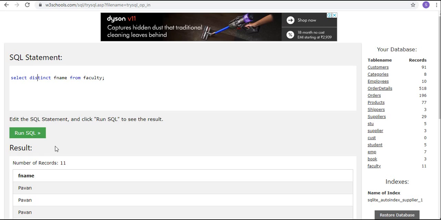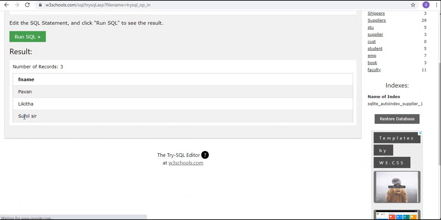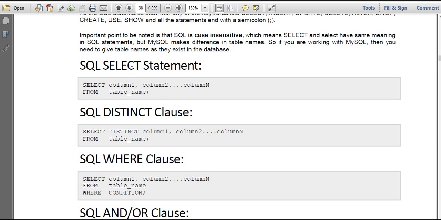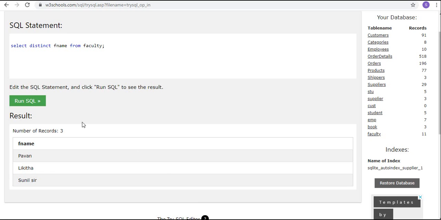The distinct command won't repeat a value which already came. So now if you run the query, I will get only 3. Have you observed the difference? Yes, sir. The syntax is distinct column 1, column 2 up to column n. However many columns you want, you can mention after the distinct keyword. This is the advantage of the distinct command.